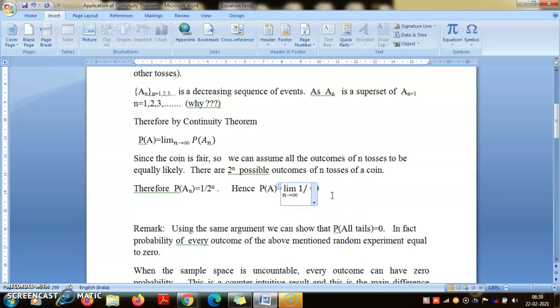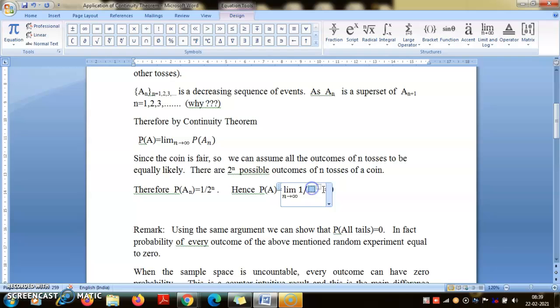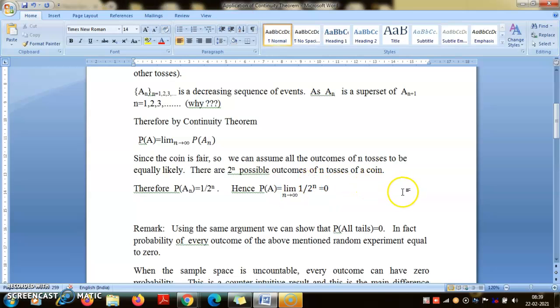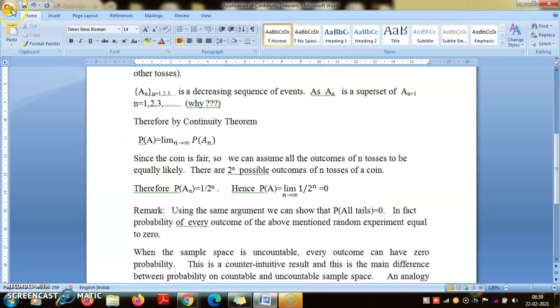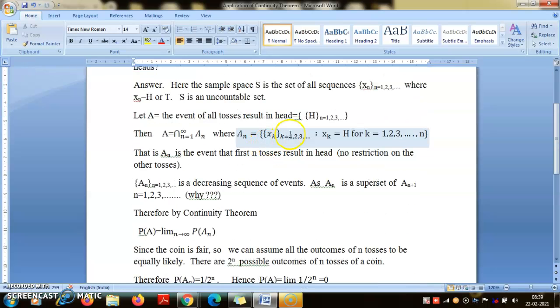So you see, therefore this is equal to 0. Now, this is a very important result. What we have shown is that the probability of this event, getting all heads in a sequence of coin tosses,